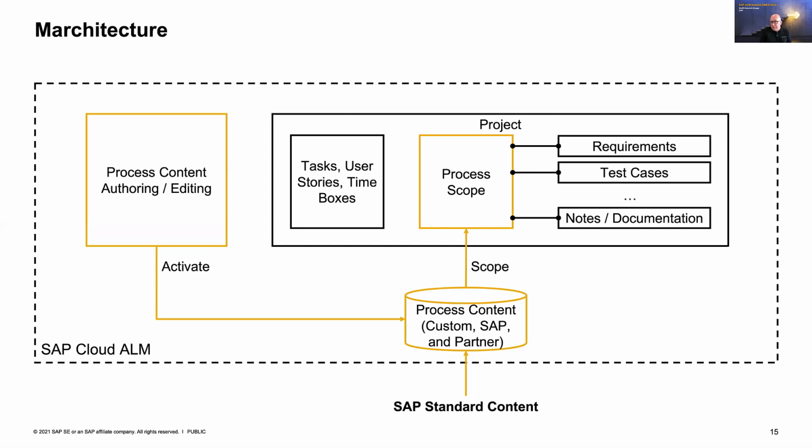So if you have an implementation project where you start to implement your solution processes, you need to know what are those processes you plan to implement, and then you will pull them in. You have the process content library, which is available down there, and then you do the scoping activity, and then you just pull these processes into the process scope of your implementation project. And now you see that we also highlighted some more areas in that yellow color. So the process scope, which is part of the project, is also highlighted now.